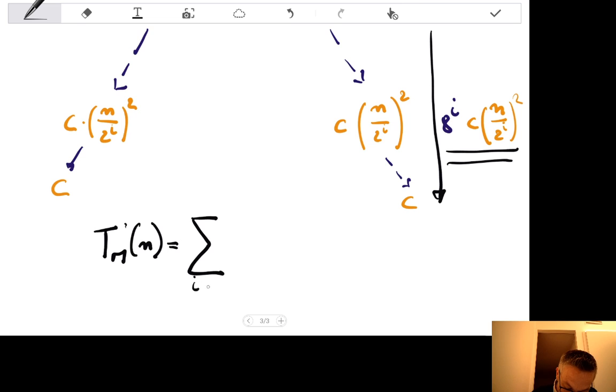So for all I going from 0 up to log base 2 of n, okay,